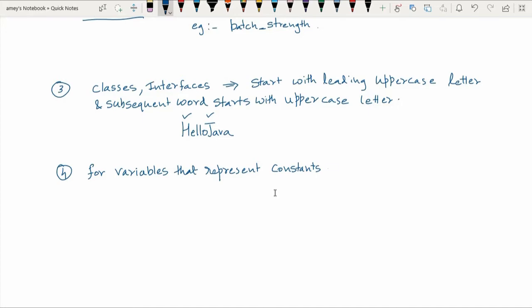What we do is use all uppercase letters, and if there are more than one words, then you can use an underscore between the words.